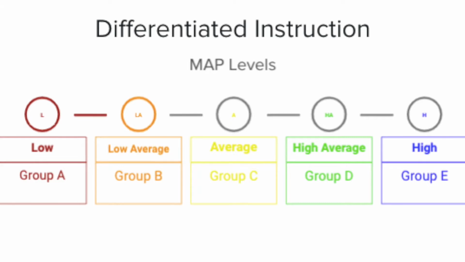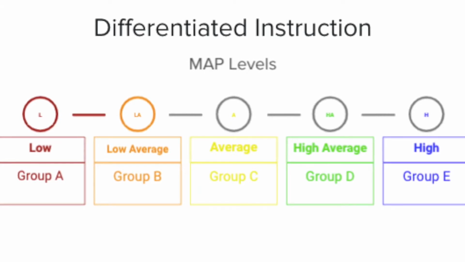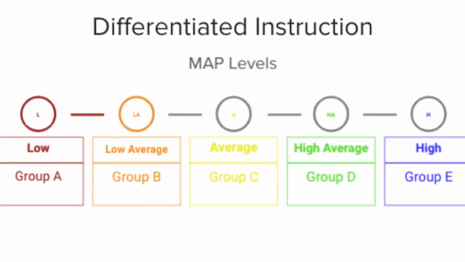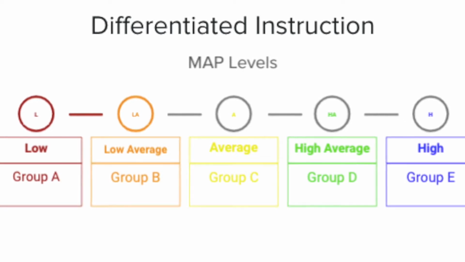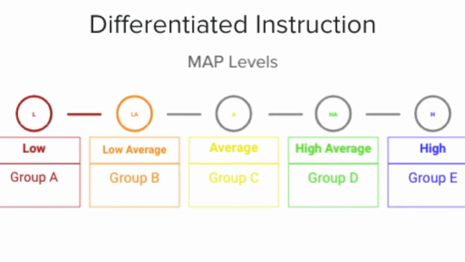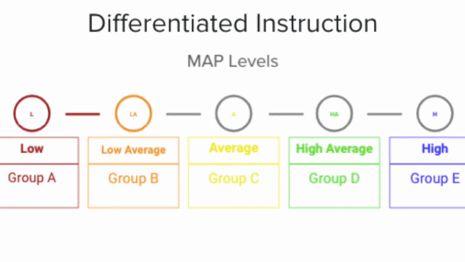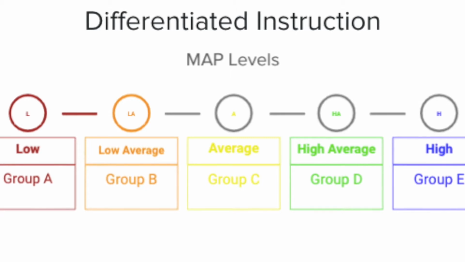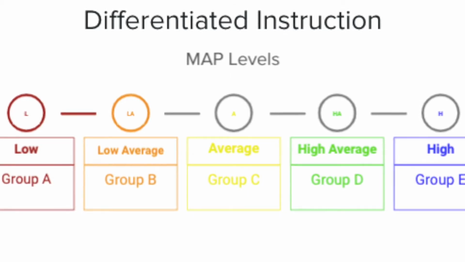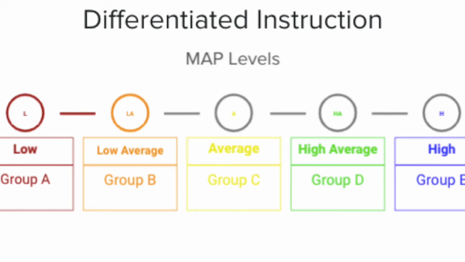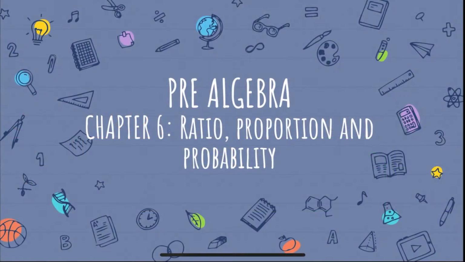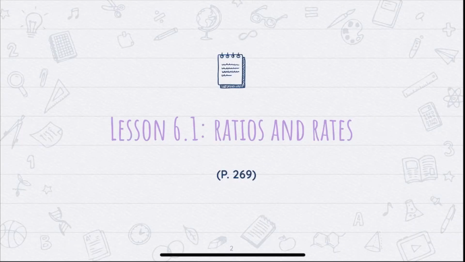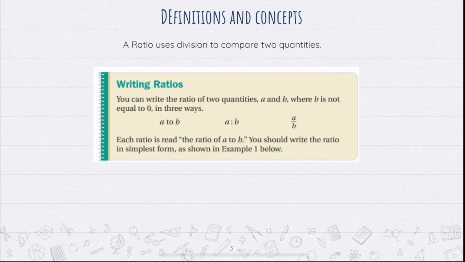MAP scores are divided in 5 levels, as we can see here, which are low, low average, average, high average, and high. Once I receive student scores from the first MAP test of the year, I create the groups A to E, following their scores so that students are able to address their needs and performance in math class. So to implement the MAP level groups A to E in my class, I separate my class in 4 different